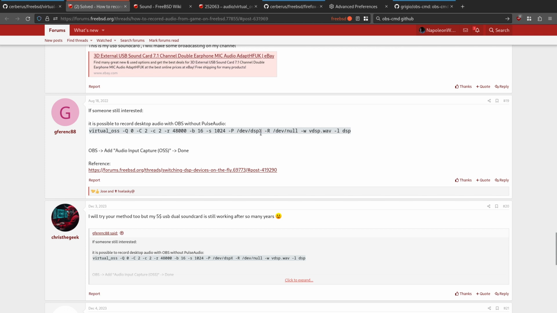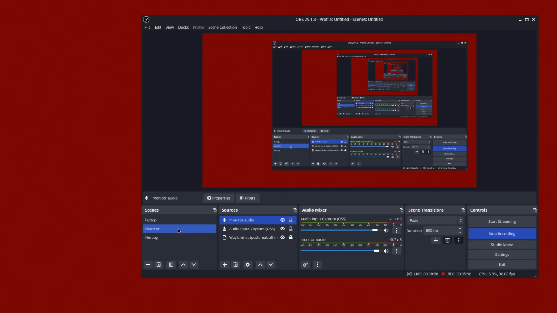You can see the X is what you basically replace with the device that you want to capture, and then in OBS Studio, what you do is you go add audio input capture OSS. But again, what you've got to do is set the device to